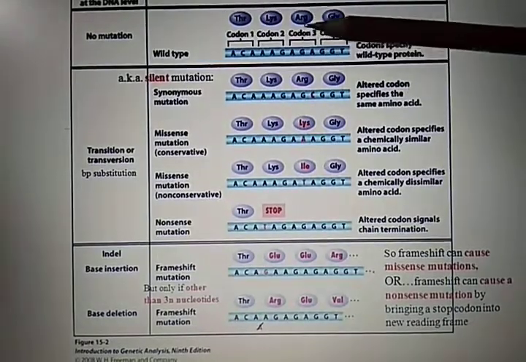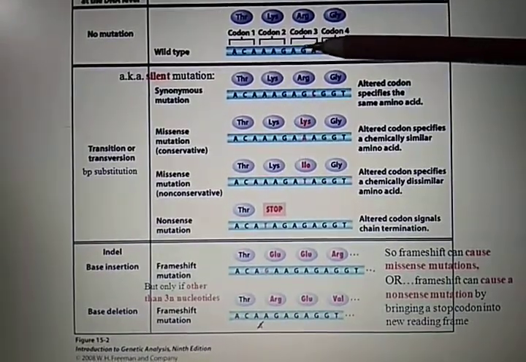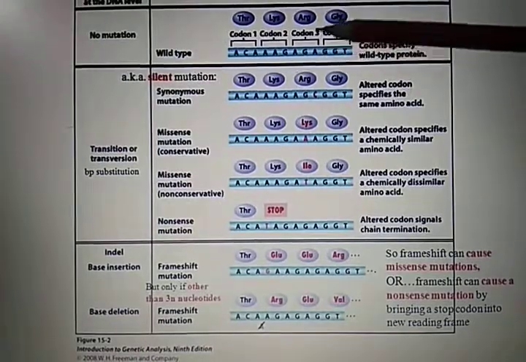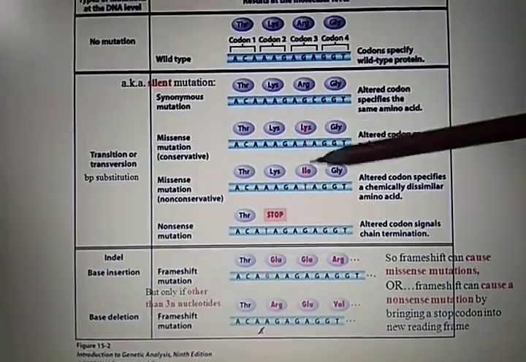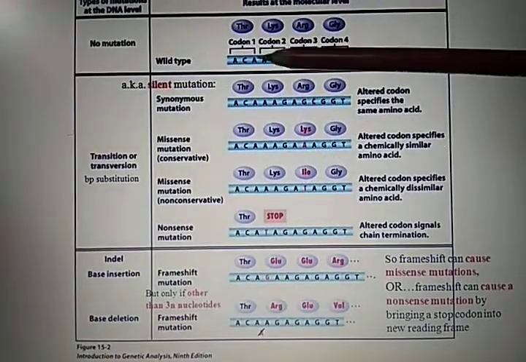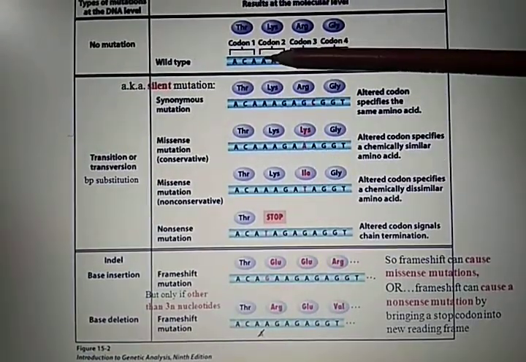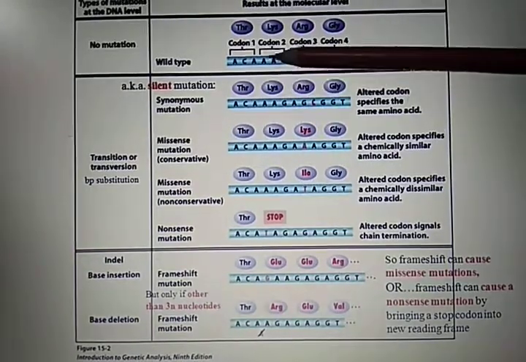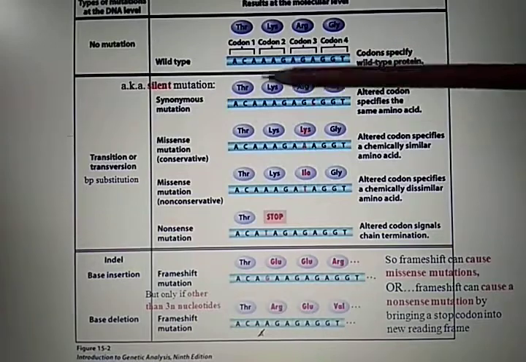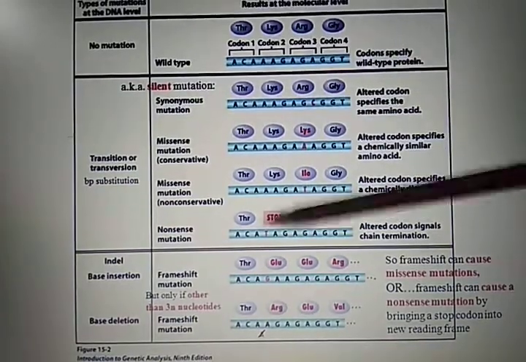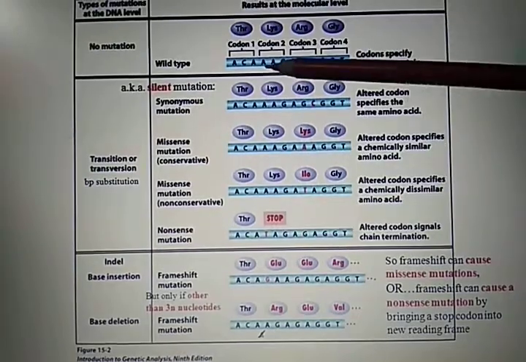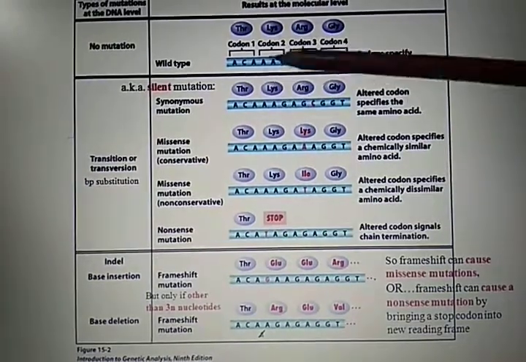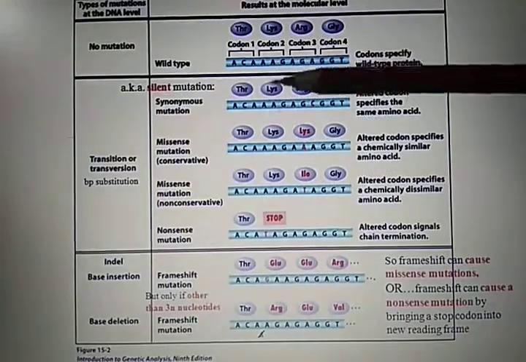On the other hand, transversion is that type of mutation in which a purine is replaced by a pyrimidine. For example, you can see here in the normal or wild type, the codon 2 consists of AAG. Now this nucleotide gets changed into T. A is purine, T is pyrimidine. So a purine is replaced by a pyrimidine. So that type of mutation is known as transversion.